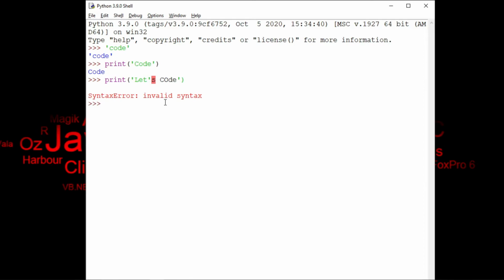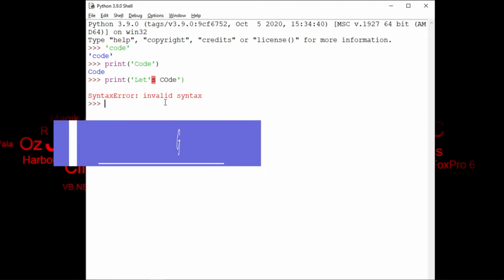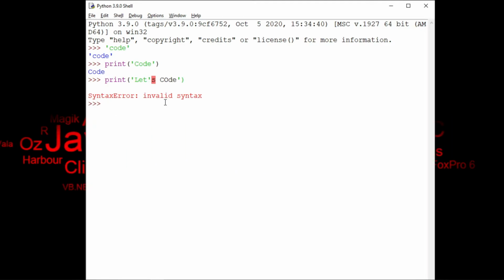Okay, so Python is a language, right? And each and every language has some set of rules, and for the rules we say grammar. So according to that grammar we have to write our code. So if you look at this code, what is there? It starts with a single quote, and here this single quote is getting ended. So after that whatever you write will be treated as invalid. So what can be the possible solution?